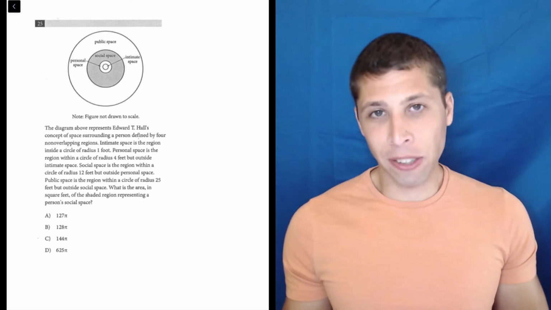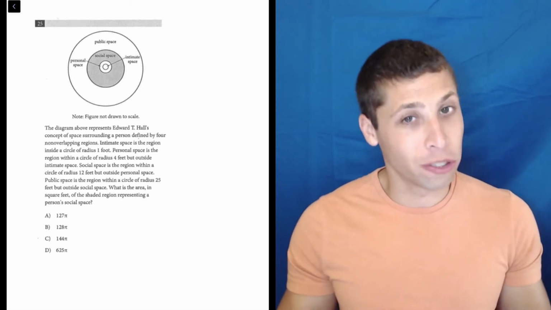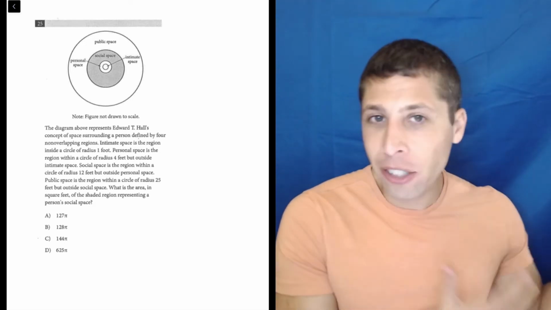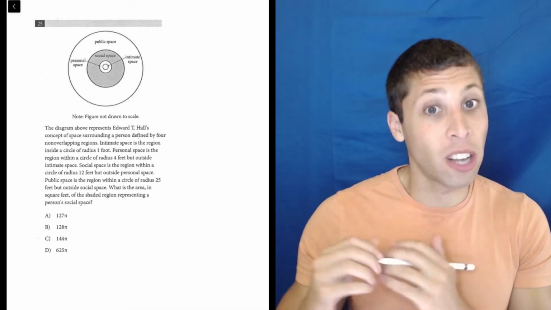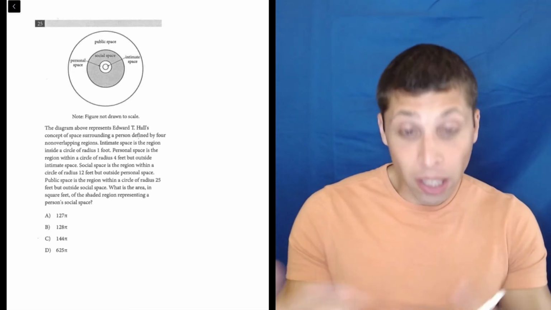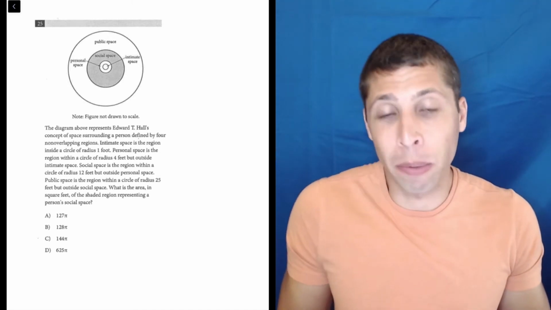All right, so obviously an element of this question is the geometry. We see there's a picture, there's a bunch of circles, but I categorize this as a geometry model. So it's less about the geometry than it seems. It's much more about just understanding the story, and so that's really where you want to focus. There's a lot of story here, but it's really just going to be some simple geometry at the heart